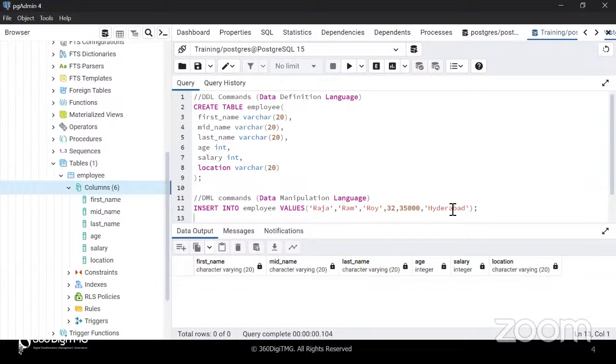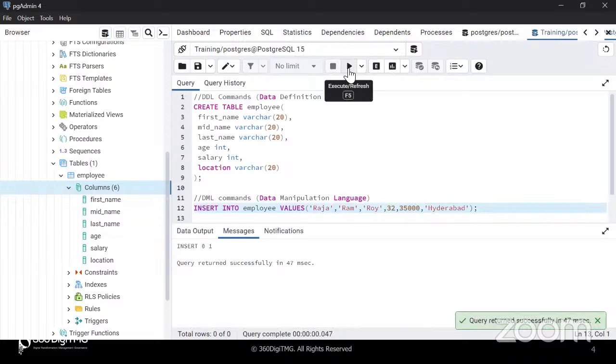And everything is perfectly fine. Wherever we need to use a string varchar, it is supposed to be enclosed in quotations. That is how the system knows that we are using string data. Numbers, you directly provide the number. And when I execute this statement, it will run perfectly fine and data gets inserted